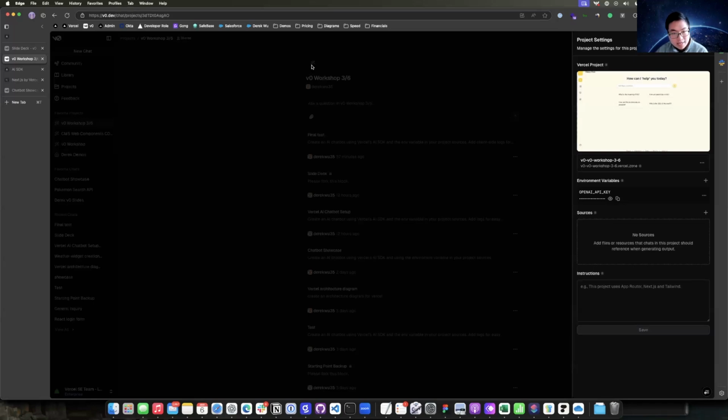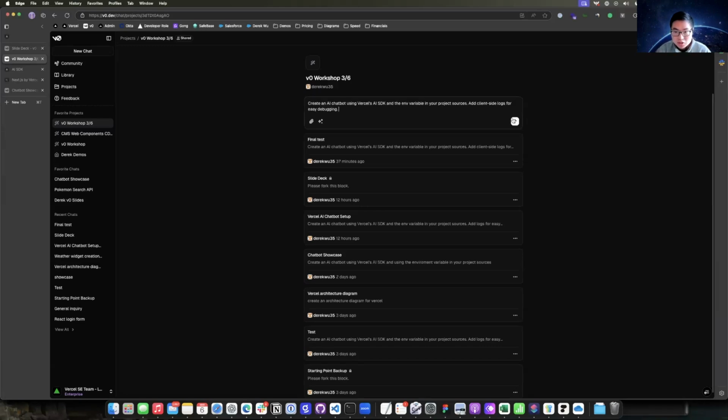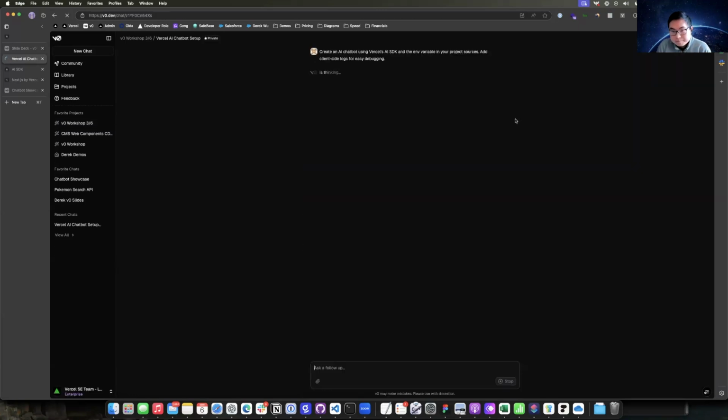All right. Hopefully everybody has gotten the OpenAI API key set up. They've created their project. Let's go ahead and show you what the actual workflow looks like. Right now there are a couple of chats already in here, but you would see an empty chat input text box. And I'm going to go ahead and input a new question right here and have V0 generate the initial chat